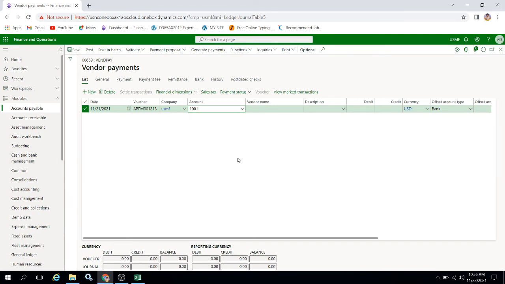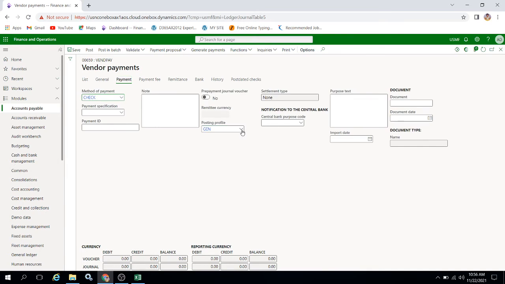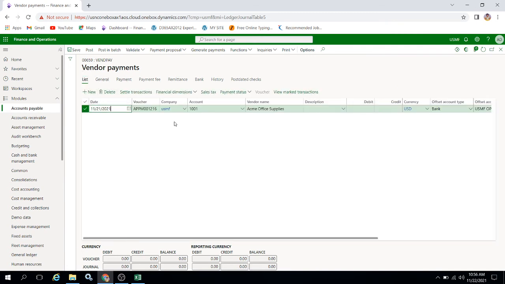This is the vendor we are going to book, and in the payment tab I am selecting the prepayment posting profile, so that the system will recognize that this transaction is related to prepayment.